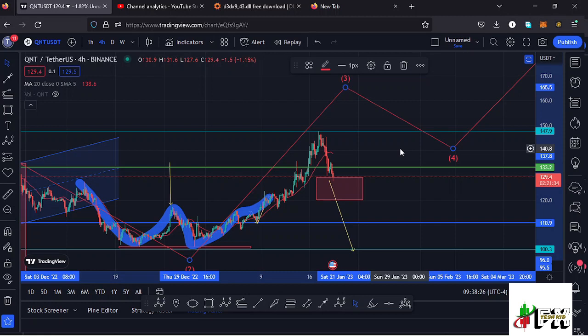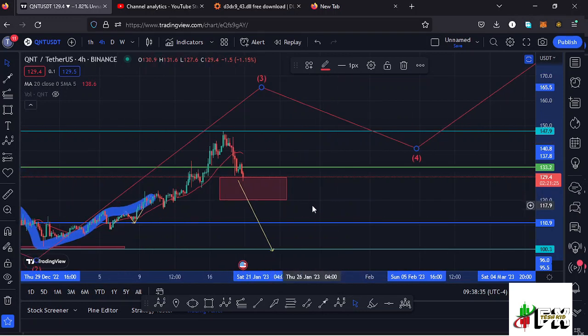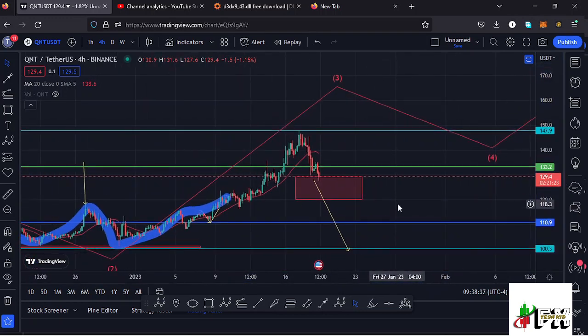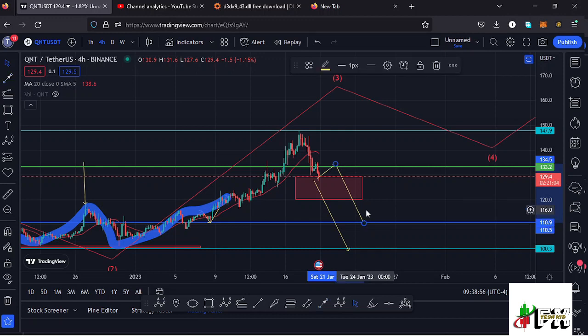And I can also give you other short-term scenarios that we can expect here on the Quant chart, basing it on the key areas of support and resistances. Now that you have lost a key area of support at around the $133.2 mark, there are chances of seeing a retest of that key area of support, and if the retest is in and a success, then there are chances of continuing to push even lower and get back to around the $110.9 mark, which is our next key